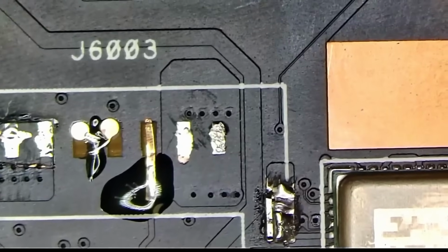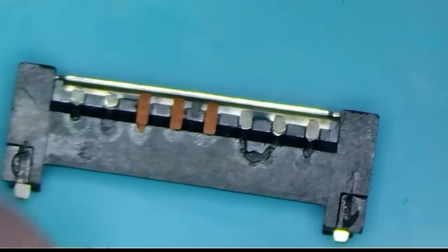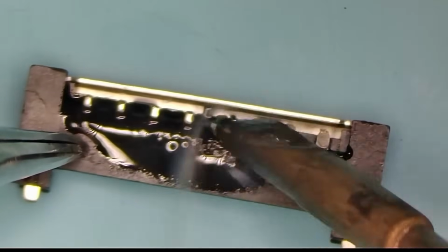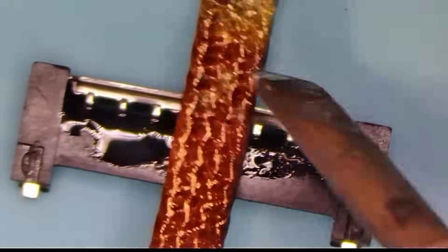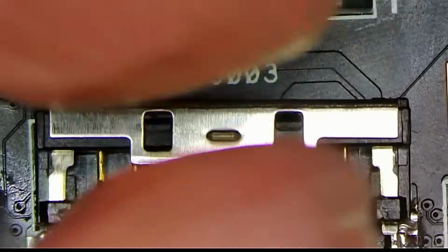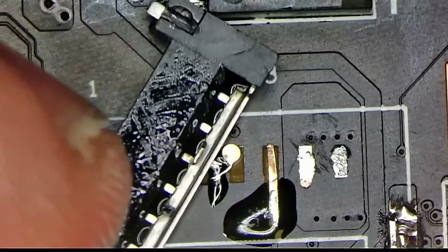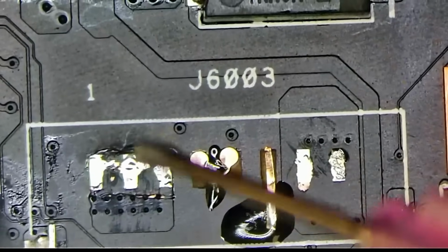Now let's go ahead and figure out what the deal is with the connector itself. The connector has all these pads still attached to it, so let's go ahead and clean that up so that we can reattach it. Alright, so I think the way this went was like this, right? Now how do we ensure the connection that is to be made between these two guys? Well, there is one way. We apply solder onto the pads,